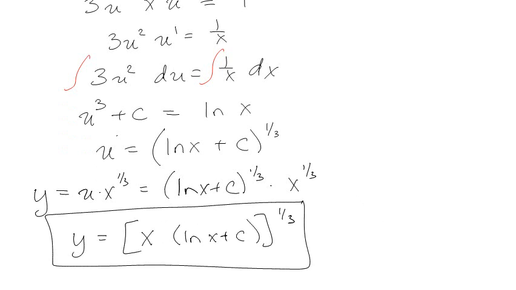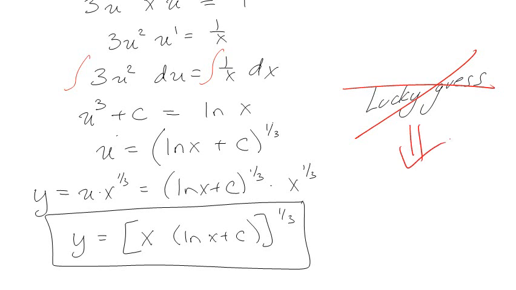But we're actually going to show another way to solve. The only reason that you would use this is if you're guessing and you're trying to make it separable. So the lucky guess method really isn't something that you're going to use a whole lot. Lucky guess is clearly not the best strategy. The lucky guess is really going to give way to what we call exact equations. So we're actually going to solve this exact same problem